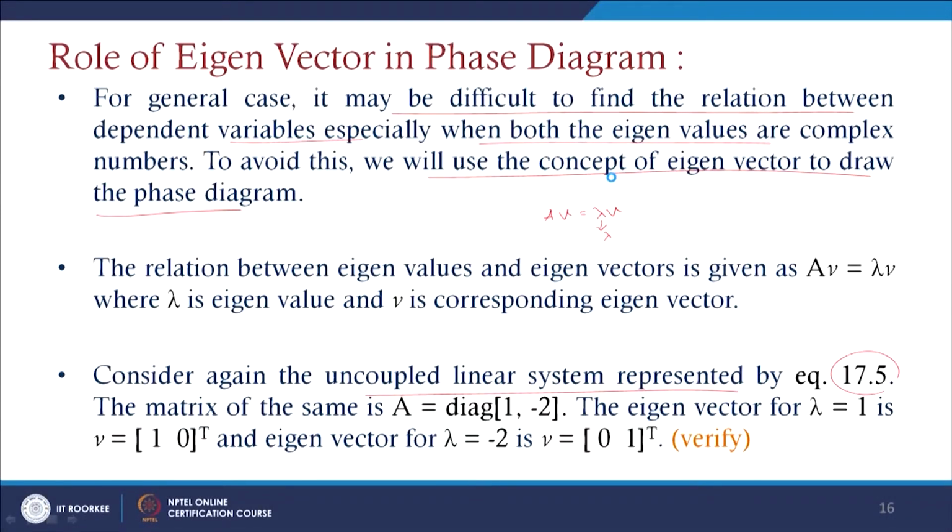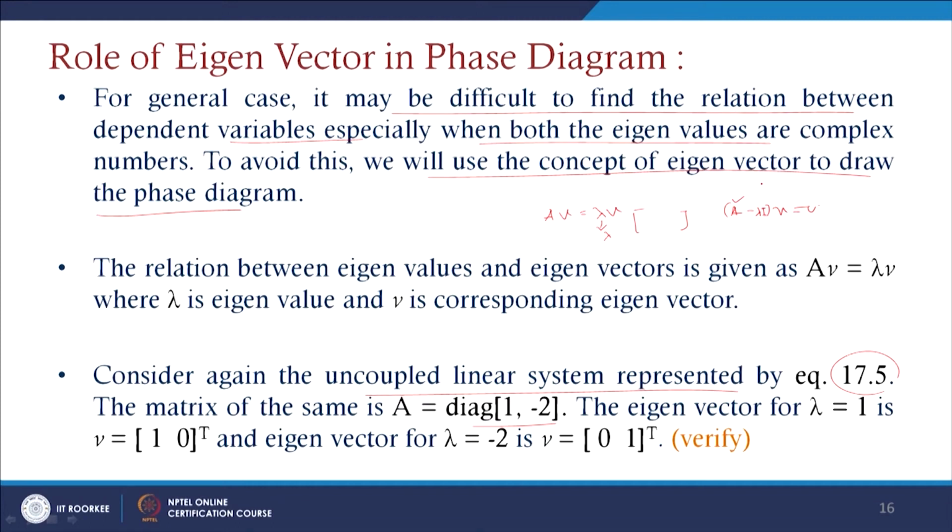And especially we are just writing here this diagonal entries is 1 and minus 2. The eigenvector for lambda equals 1, since A is the complete system we have just written, we can write this as (A minus lambda I) times V equals 0. If you subtract this from the diagonal elements, like A minus lambda I, since A is a matrix here,